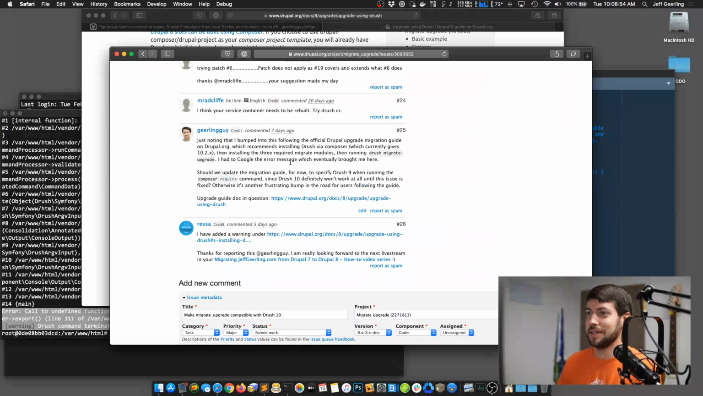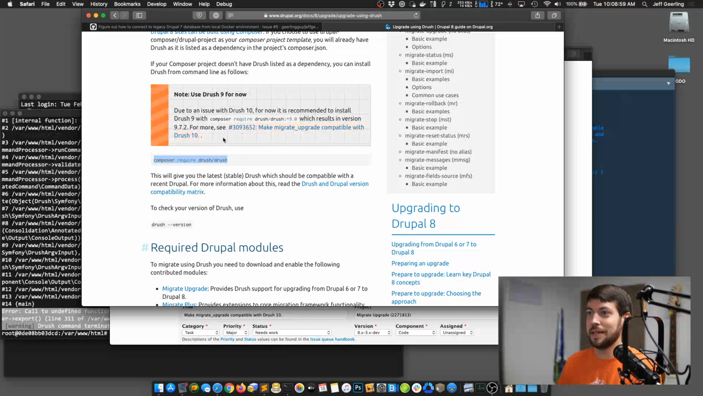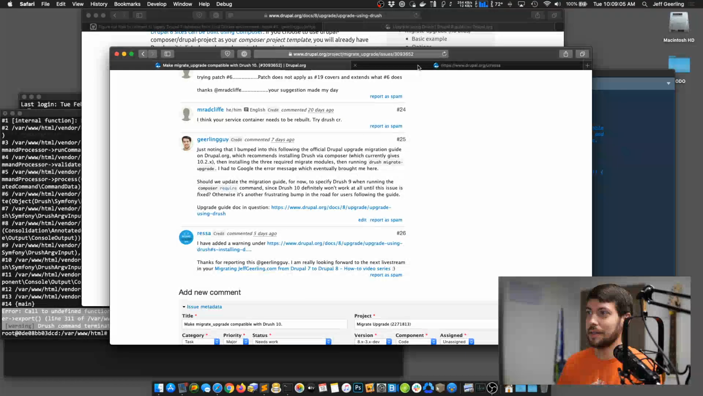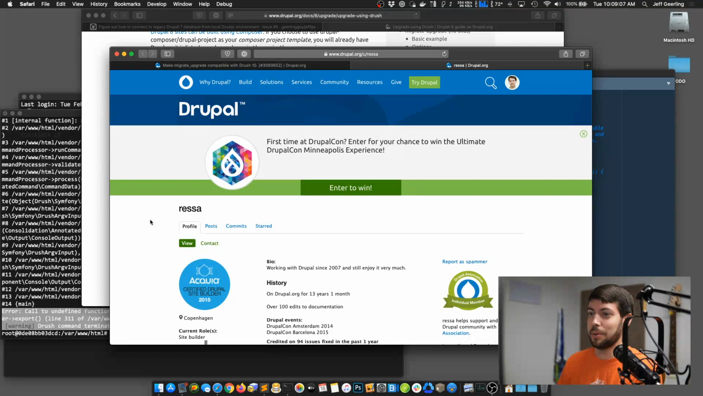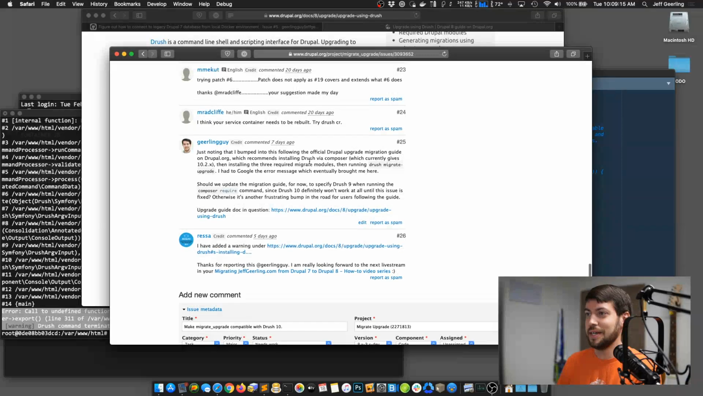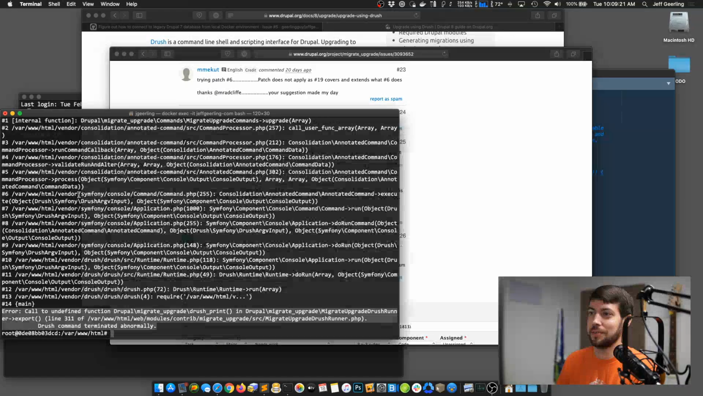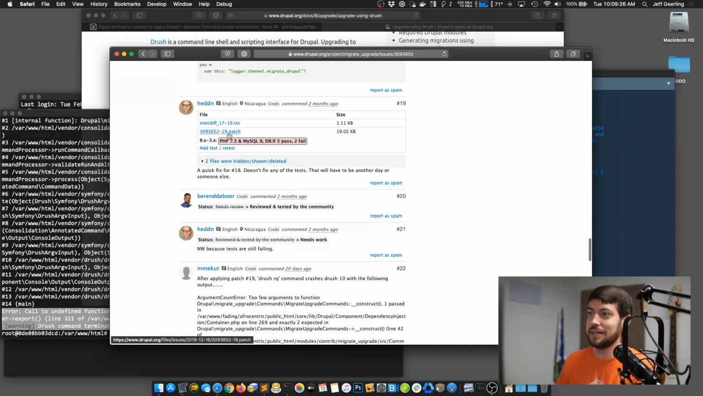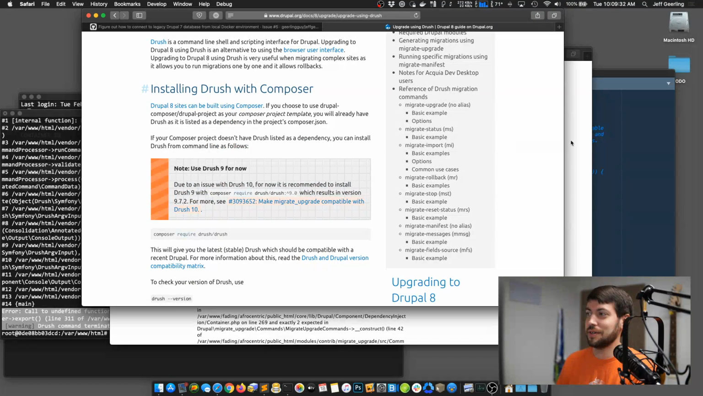So in the issue, I commented, hey, this error message is annoying. Maybe we should recommend that you use Drush 9. And so, who was it here? Ressa, thank you, Ressa, put in a comment in this documentation that says, for now, use Drush 9. There's a patch in this issue, and there's two different ways we could approach getting over this problem. One way is we could take this patch and apply it to our project and work with that. The other way is to install Drush 9, and for now I'm just going to use Drush 9 to get past this,